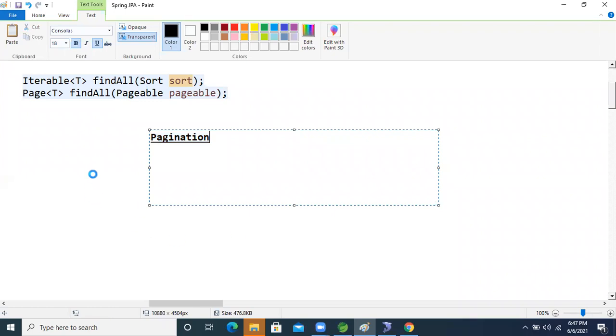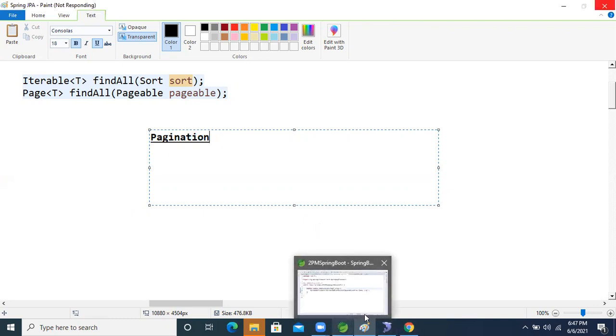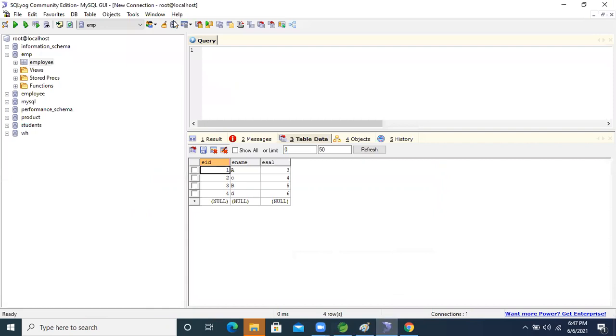So just think about that. What are we doing now? Selecting all records, right? What query are we performing now? Select star from, what is the table name? Employee, right? Based on this query, we are selecting all records, guys. Okay, we are selecting all records, right?